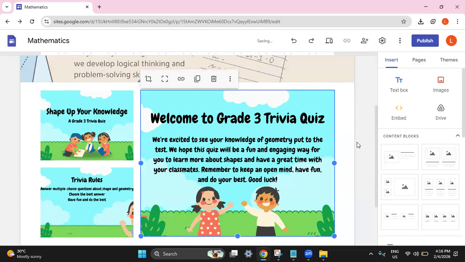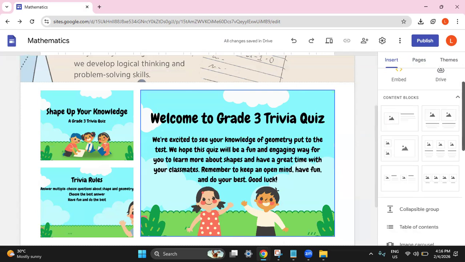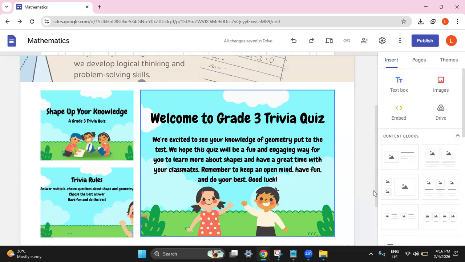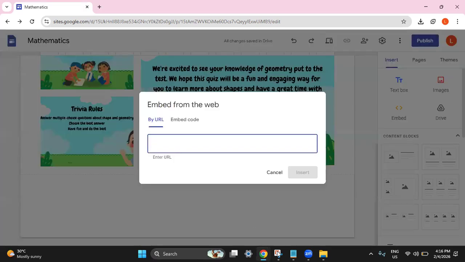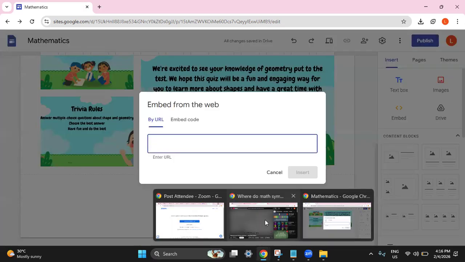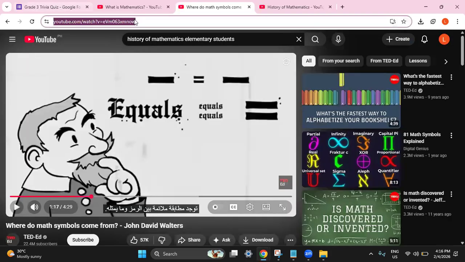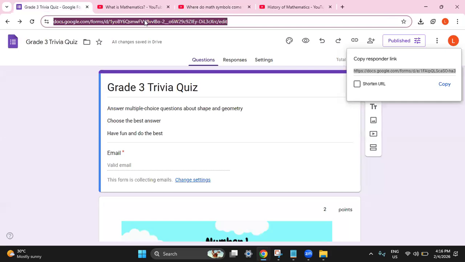There you go. The good thing about Google Sites is that not only photos or YouTube links can be uploaded, you can also add a Google Form for the quizzes, which we're going to get from this page that I prepared earlier.